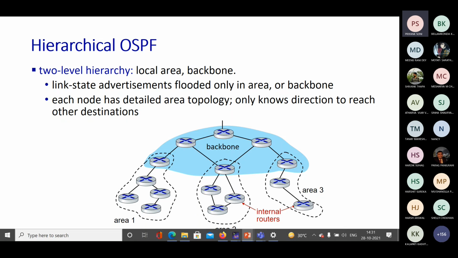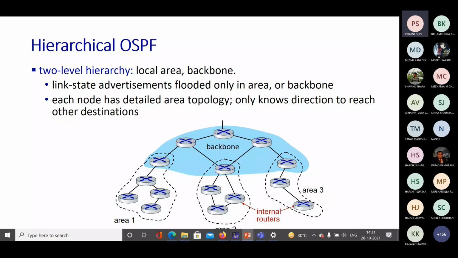But if you think from the perspective of having billions of nodes in a given network, in a given AS also there will be a large number of routers and nodes, right? So in that case, if we still want to use the link state algorithm, it will become a very cumbersome process. So in order to make it somewhat easier,